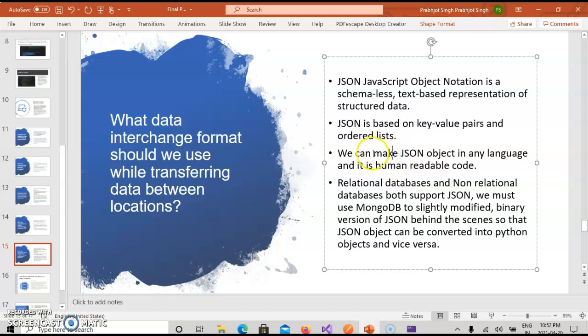We can transform this JSON object into other objects easily, and it is also human readable. Relational databases and non-relational databases both use JSON, so it covers almost every type of data. We can use MongoDB to simply modify our JSON object into another object like a Python object or a C# object.